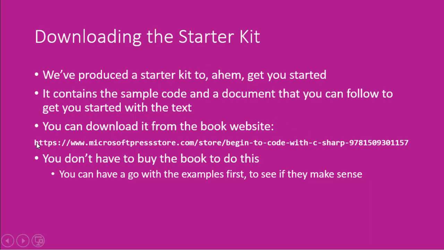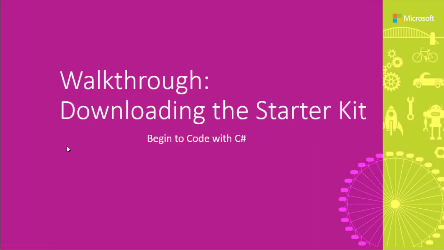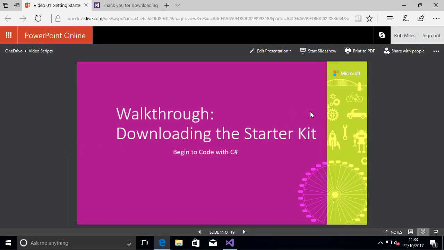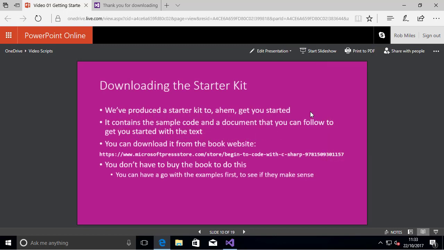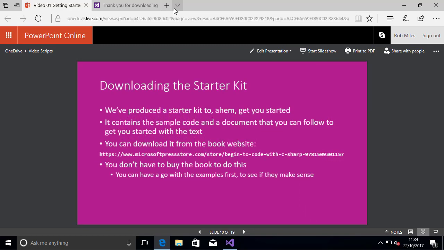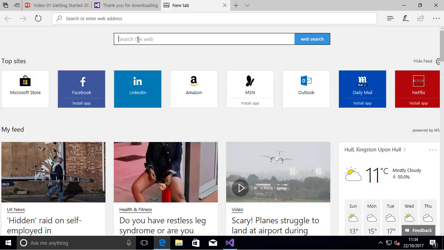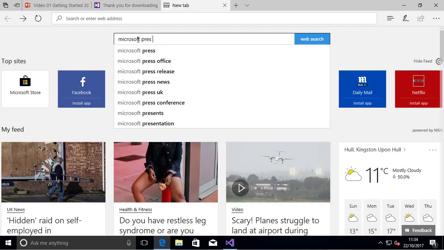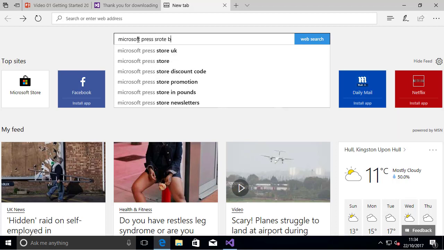That's on this URL. Can I copy this from the page? No, I can't. Never mind. You'd think I'd be good at this, wouldn't you? But there you go. There's Microsoft.PressStore.com, begin to code with C# and that big number. Can I copy this from here? No, I can't. Never mind. In that case, I'll just have to type it in by hand. I can't type with an audience. I know there's no one watching me now, but